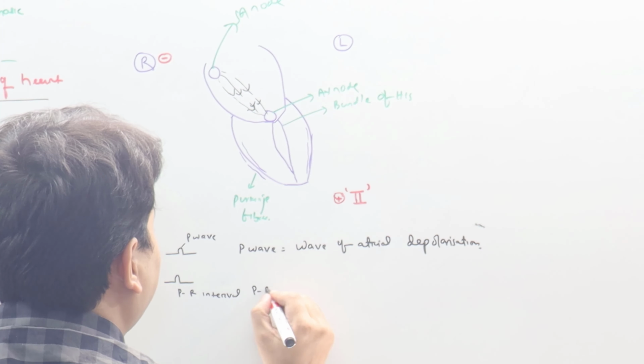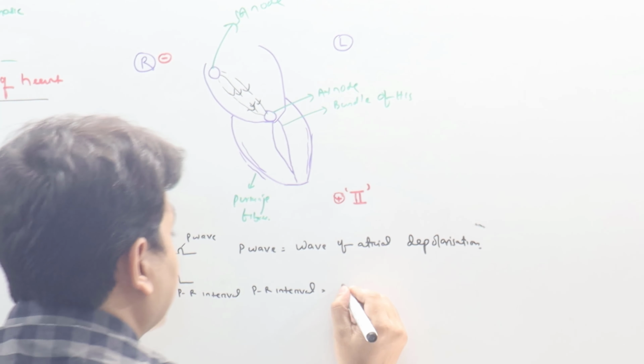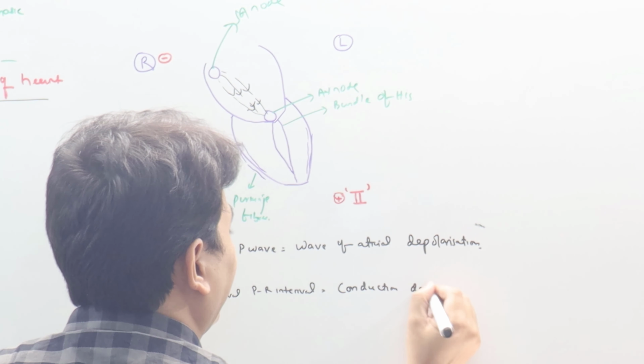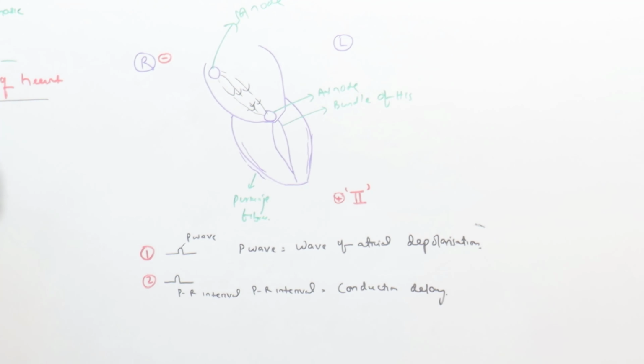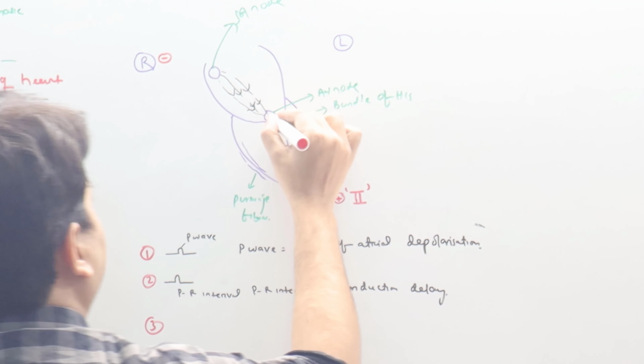What is the PR interval? This is the conduction delay. After that, what happens? Here the conduction delay happened,